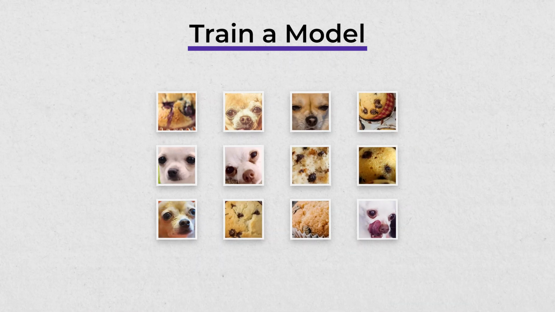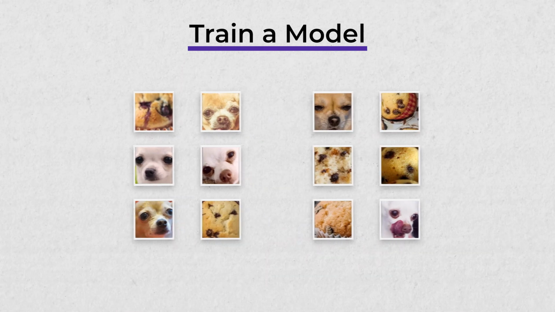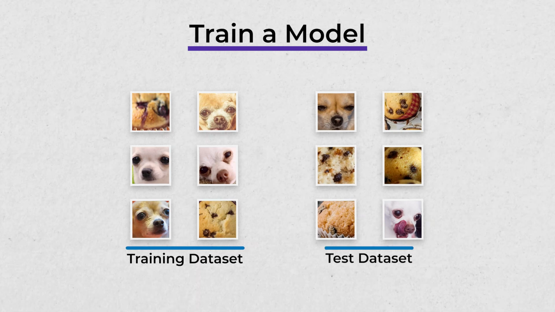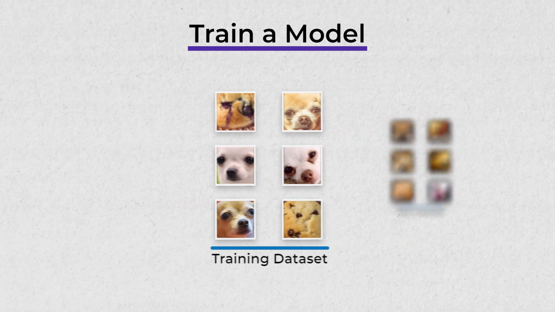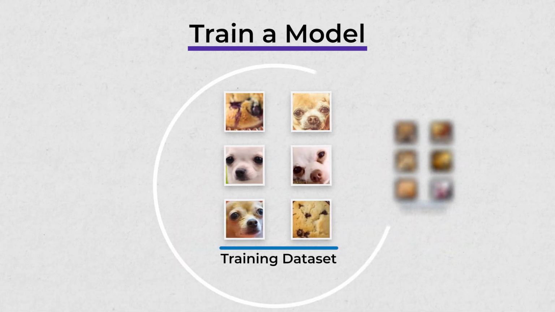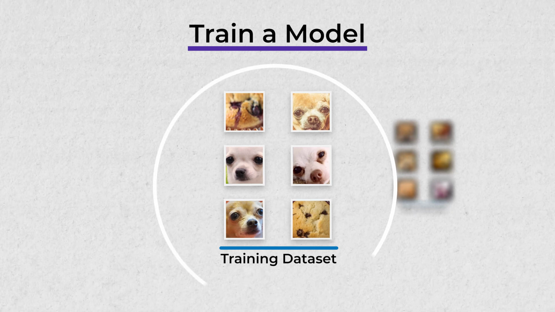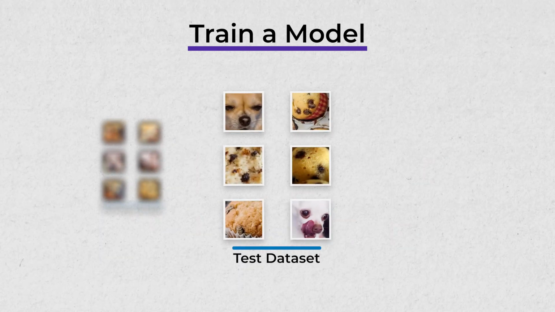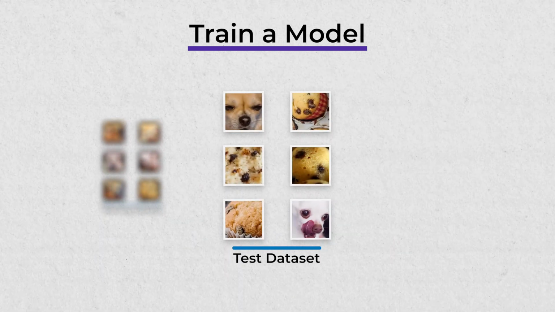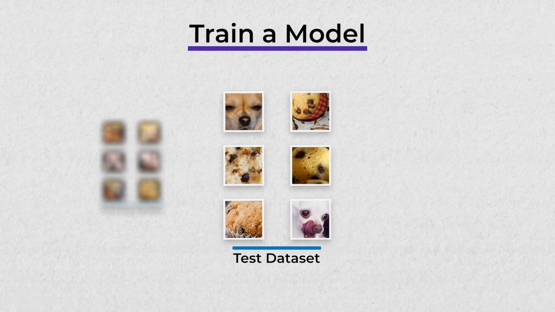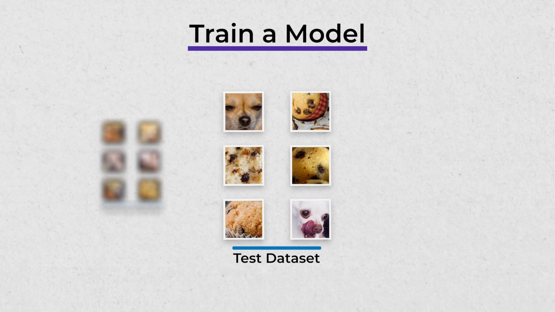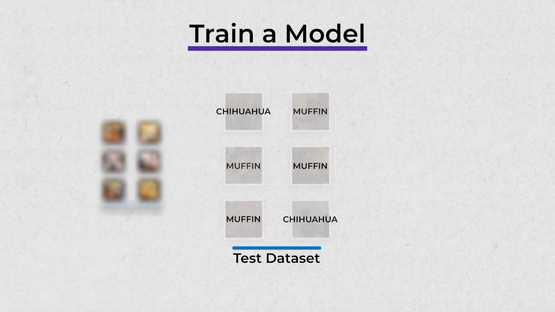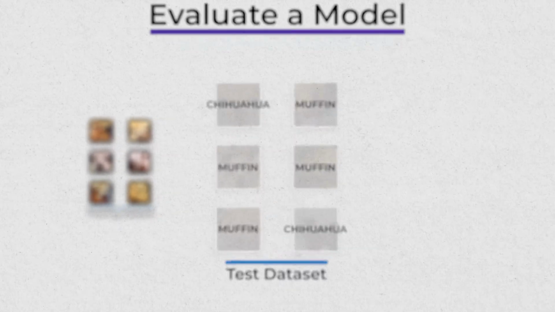To train our model, we have to divide our photos into 2 groups: a training dataset and a test dataset. First, we'll train the model on the training dataset, allowing it to progressively adjust its parameters and get better and better at classifying the images. Then, we're going to give it the test dataset. Important to know, our model has never seen the photos in the test dataset. In fact, our goal is to see if it's capable of classifying these unseen photos correctly. This is what we call the evaluation stage.